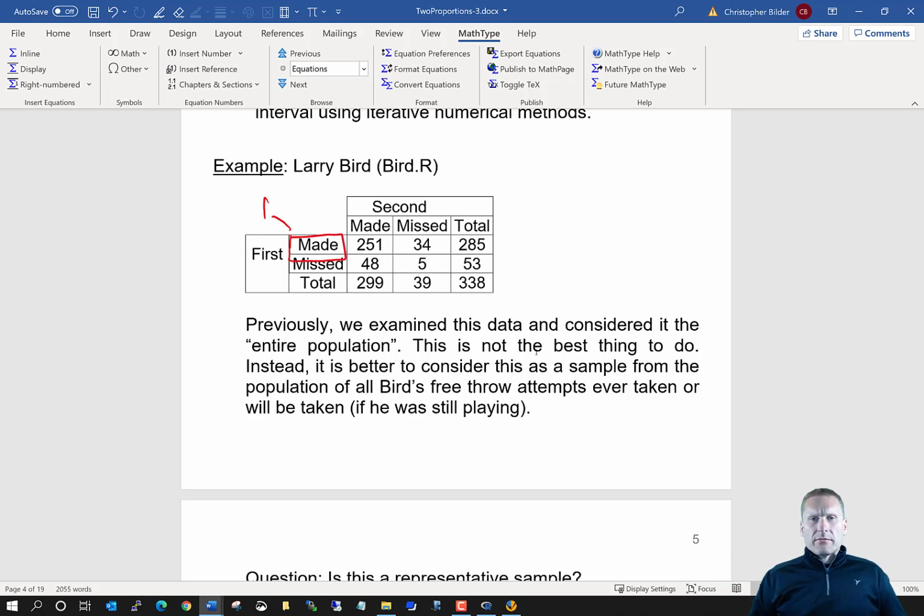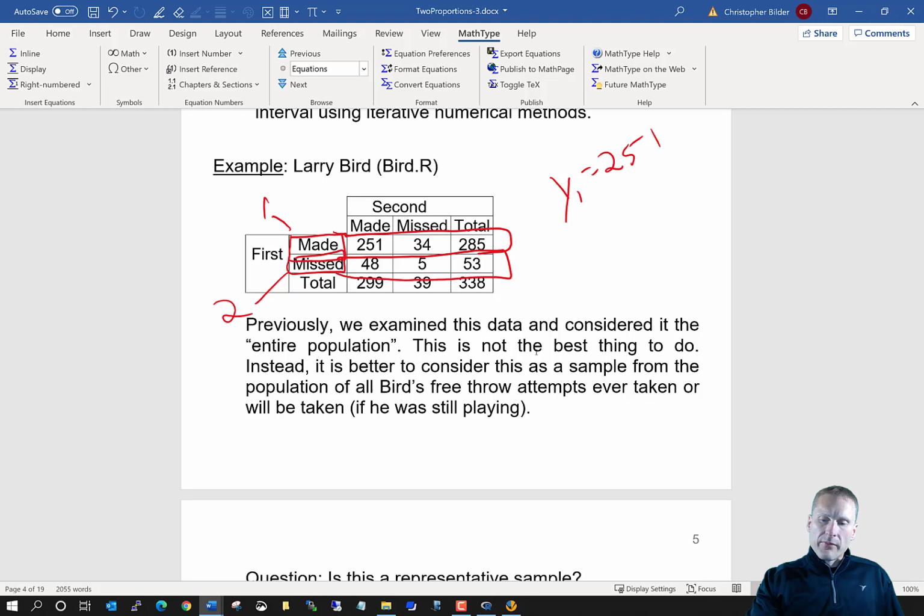Population number one is with respect to made first free throws. Population number two is with respect to missed first free throws. So in other words, here is my corresponding population, my sample number two. This is my sample number one. And so Y1 is going to be 251. Y2 is going to be 48. I guess I should also mention,